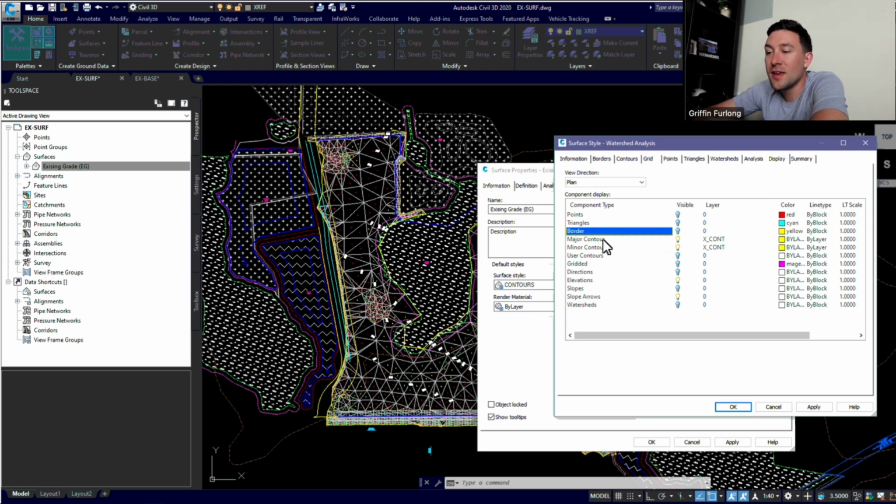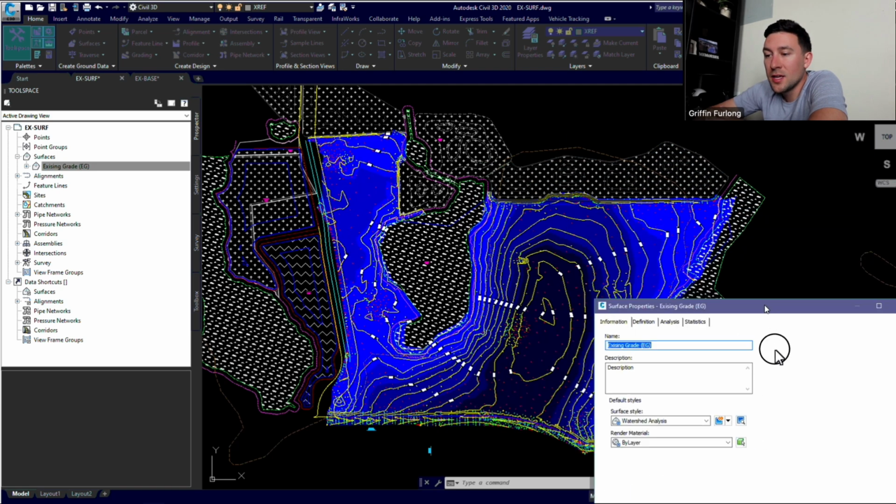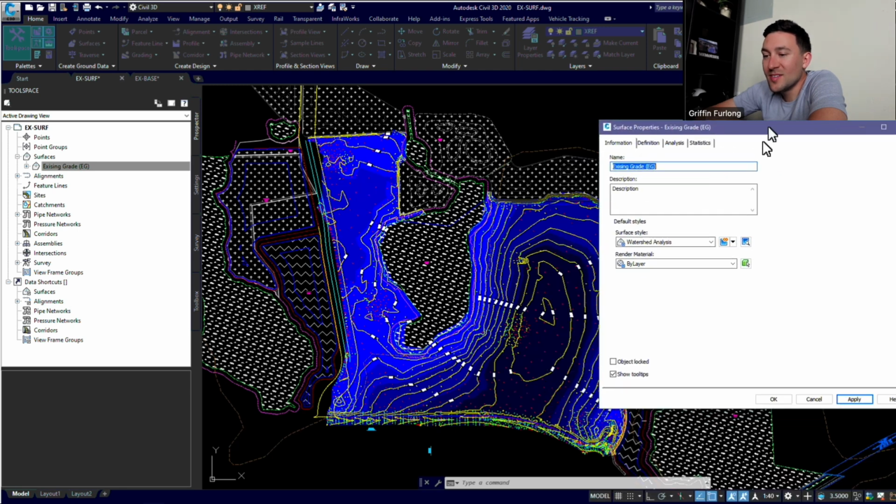Now since I have the data that I want to see when I display my surface, now it's time to actually input the data that I want to see. So I'm going to go ahead and press OK. We've made our style, and I'm going to press apply just to see what we're cooking with. Now, we could totally leave this style the way it is right now if it makes sense to you. It looks like the brighter blue is where our lower spots are and the darker blue is where our higher spots are. But I don't think this is very intuitive,